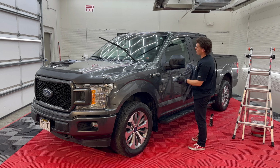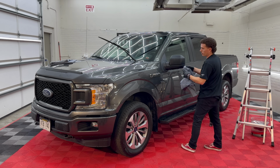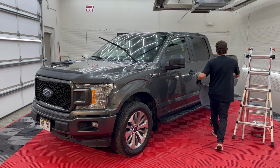I just like the rinseless wash too because it's so precise. We're not dealing with massive drips everywhere, right? It's just kind of where you've been. There's a little bit out of the mirror from that initial keg spray, but other than that,